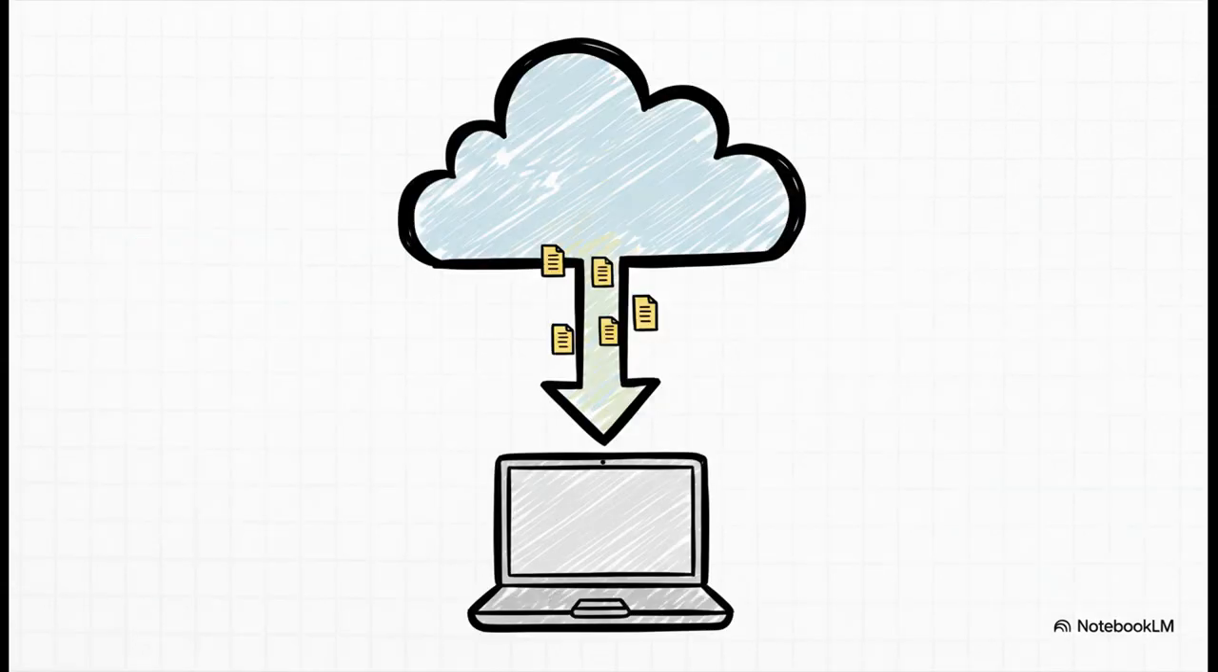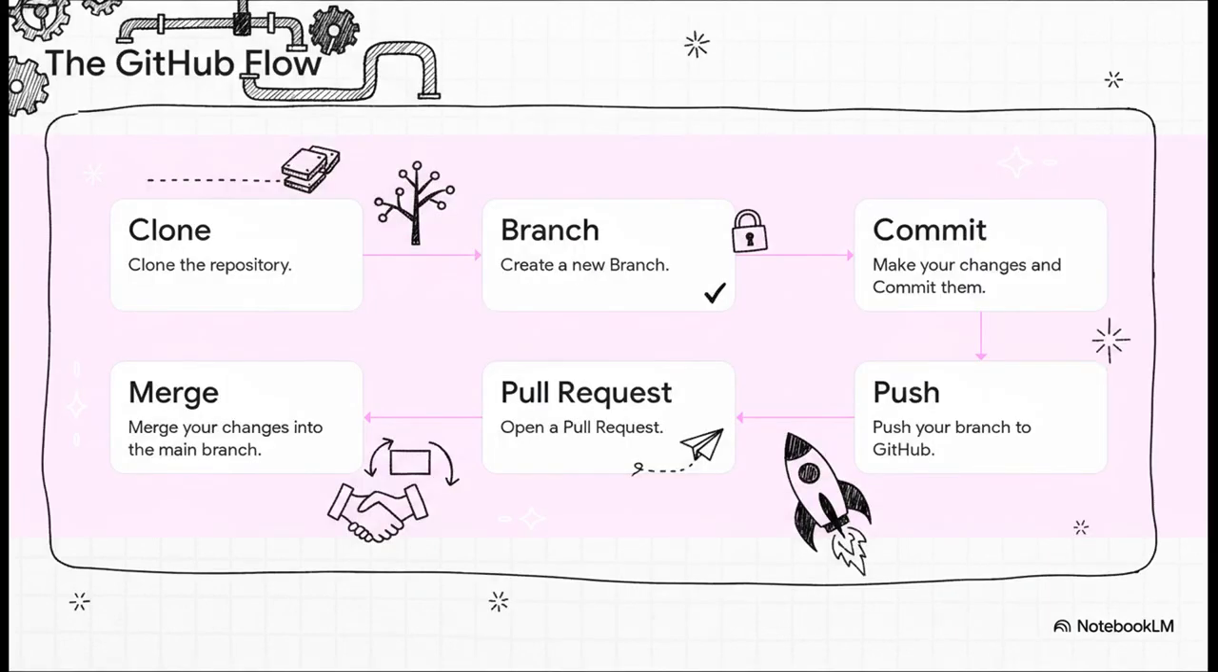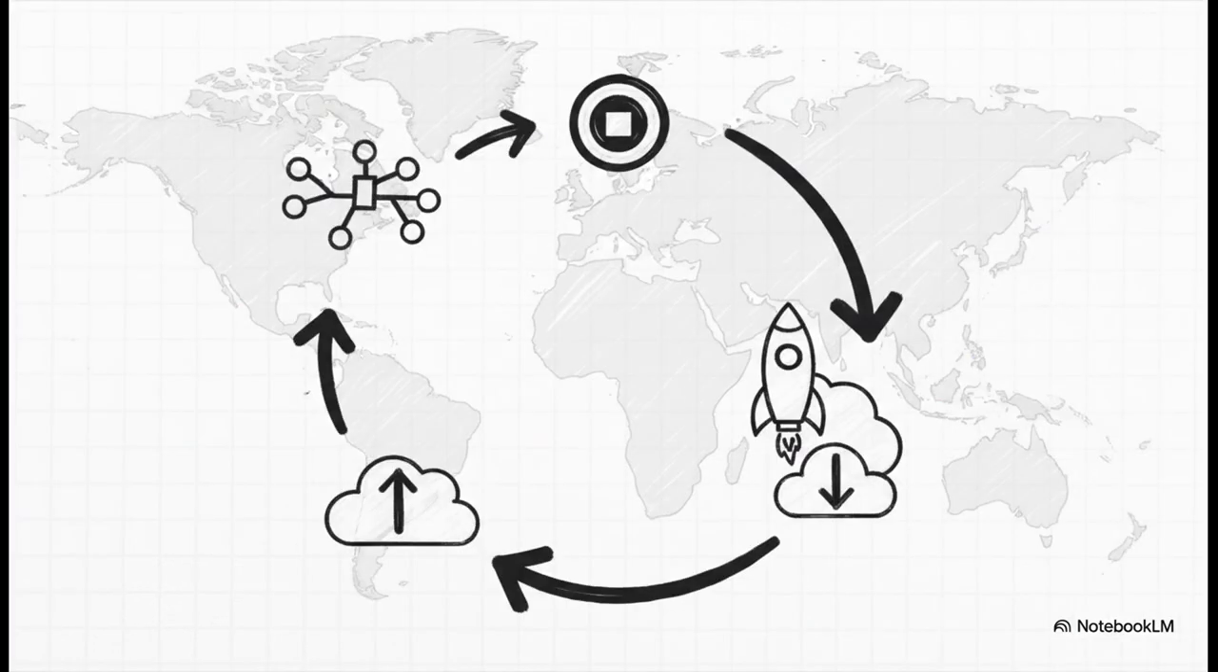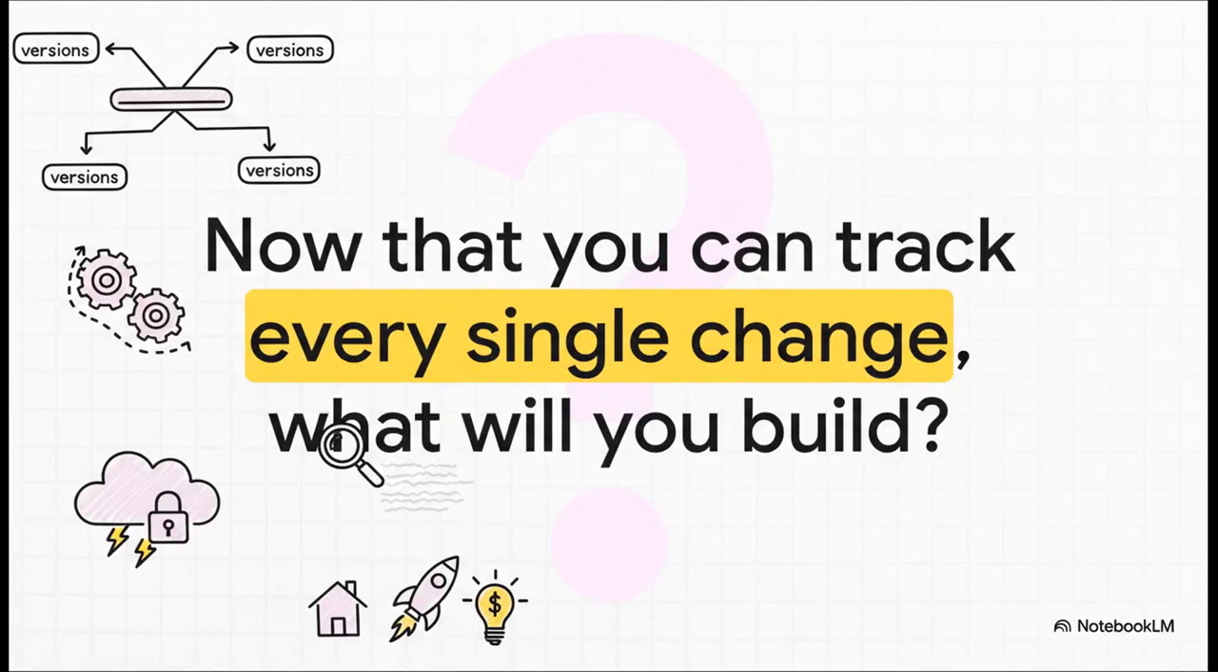And to get all the latest updates from your teammates, you just use the git pull command. This whole process is called the GitHub flow. You branch, commit, push, and then open a pull request. And that's it. You've just learned the fundamental workflow that millions of developers use every single day. So now that you can track every single change, the only question is,